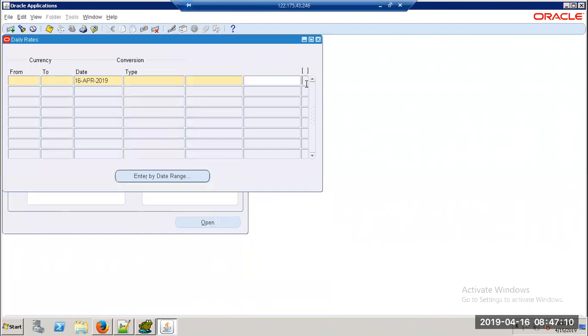I'm clicking on this, that's not working. So what is this daily rate doing? What is from and what is to and what is the conversion type. So I'll create one record, okay,